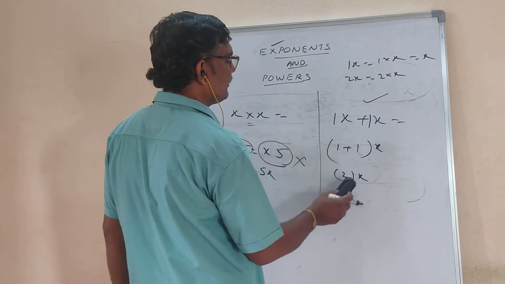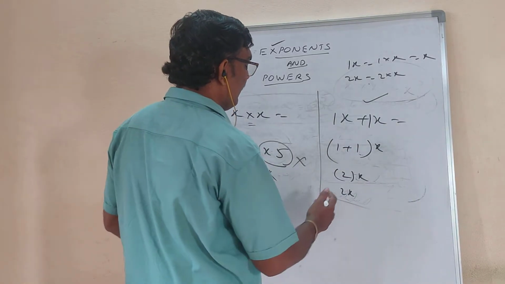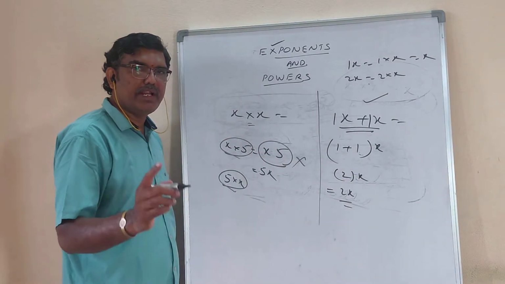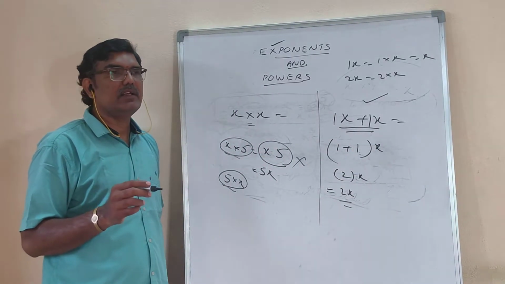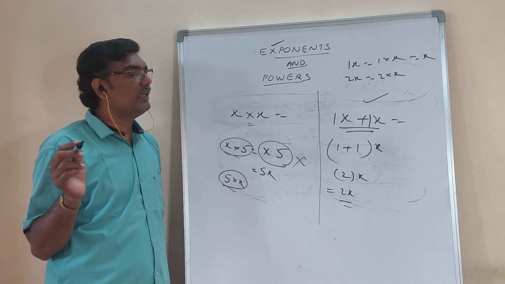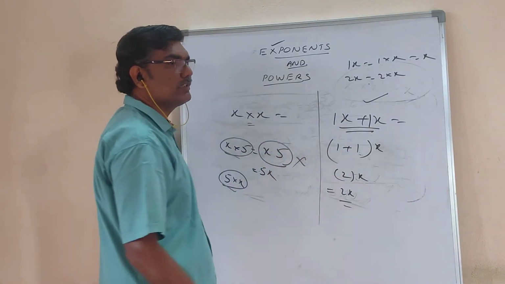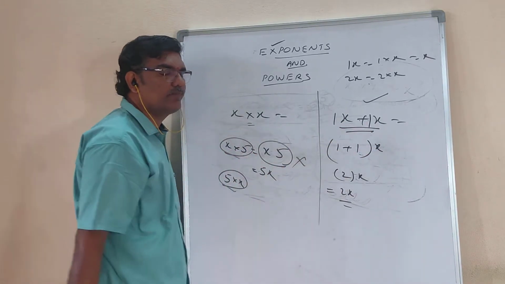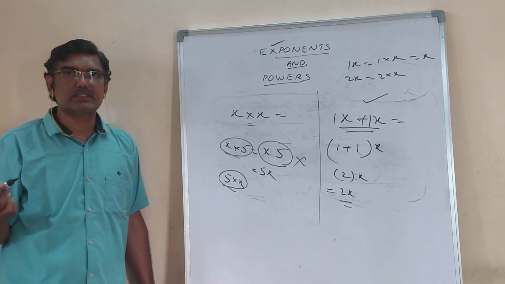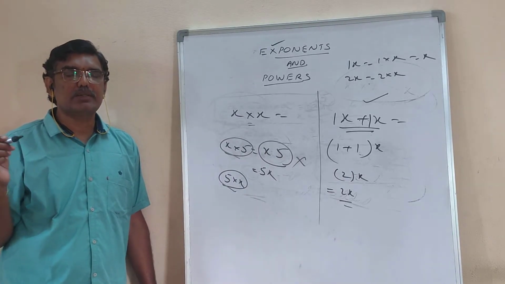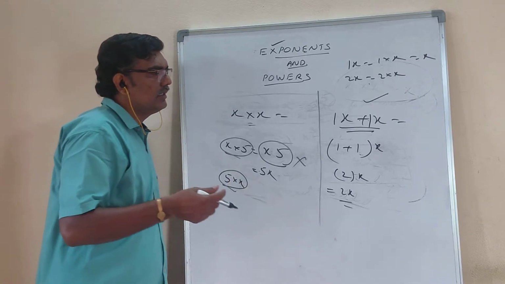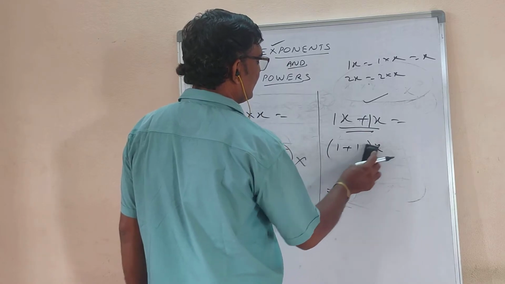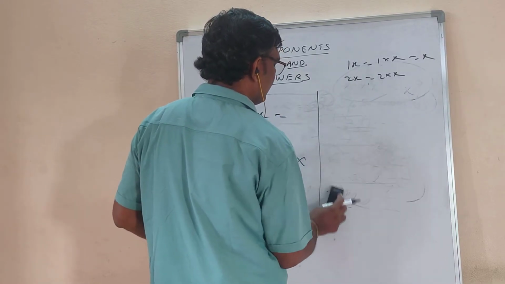Now, 1x plus 1x is equal to 2x. So when the plus symbol is there, what you have to do, I am telling you. 1x plus 1x. See, one Dairy Milk chocolate is there. X means here a Dairy Milk chocolate. Let it be 1 chocolate plus 1 chocolate. The answer is 2 chocolates, isn't it? 1 chocolate plus 1 chocolate, 2 chocolates. So here, like that, chocolate means x, and 2x is written here. Now some more questions will come like this.